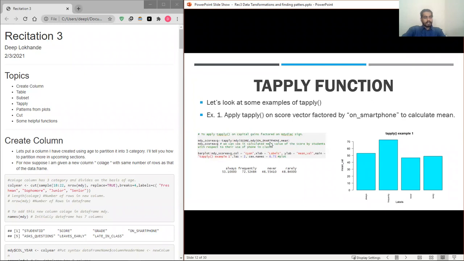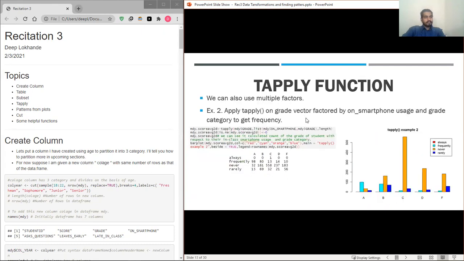The factor that I'm going to be using to categorize the vector is on smartphone, and we are going to be finding the mean. That is the function that will be applied on the vector. So to do that, we just write tapply, Moody score, Moody on smartphone, and mean. We get these stats. Always has the mean of 53.1, frequently has a score mean of 72, never has a score mean of 46, and rarely has a score mean of 46.